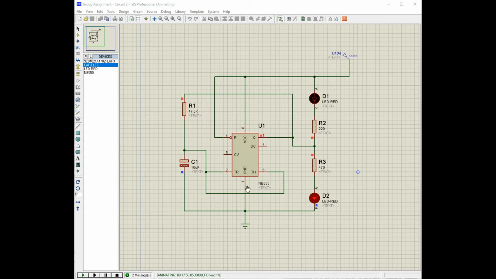For pin 1, which is ground, it will be connected to the ground. Pin 2 is the trigger, which starts the 555 timer to keep it running. Pin 3 is the output pin, which displays the output on the LEDs, blinking like this. For pin 4,